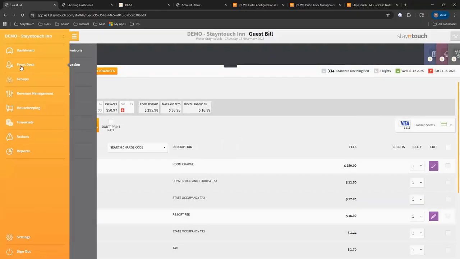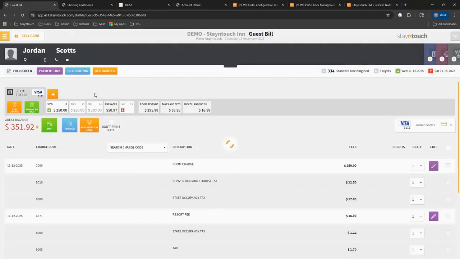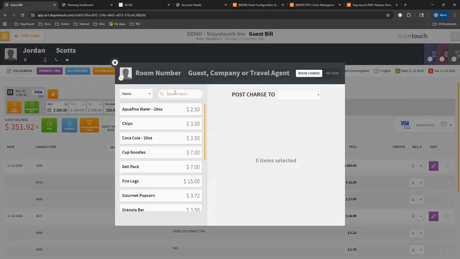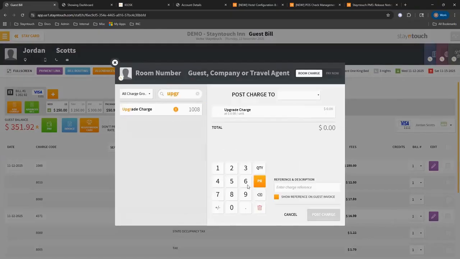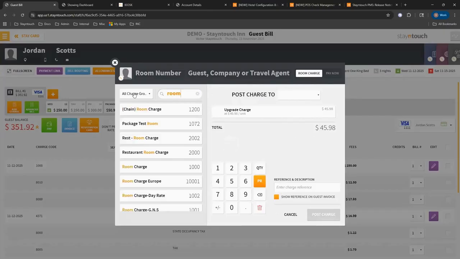The other way is obviously through the front desk and then just post charges here as well. So let's go ahead and again, search for that upgrade. We'll enter an amount here. And this also works if you're adding several items, right? So I'm going to add another one, maybe the room charge. And again, using my keyboard, entering that amount here. So that is new functionality and available for you all to use now using your keyboard, your 10 key,